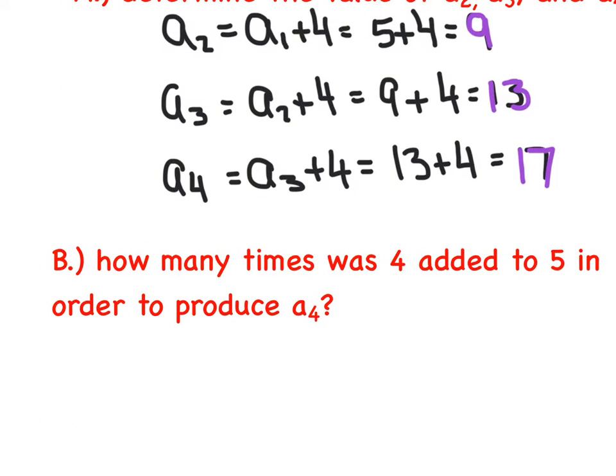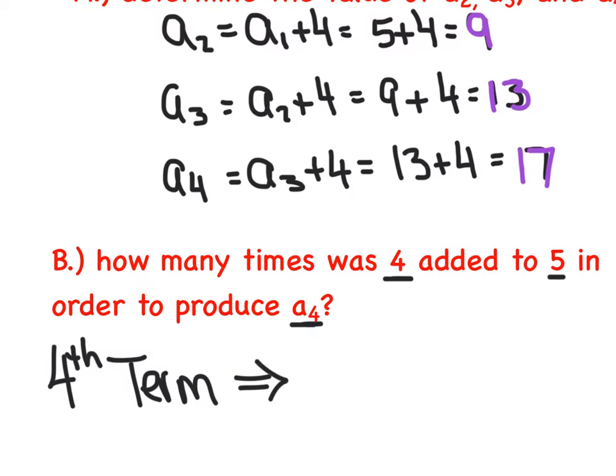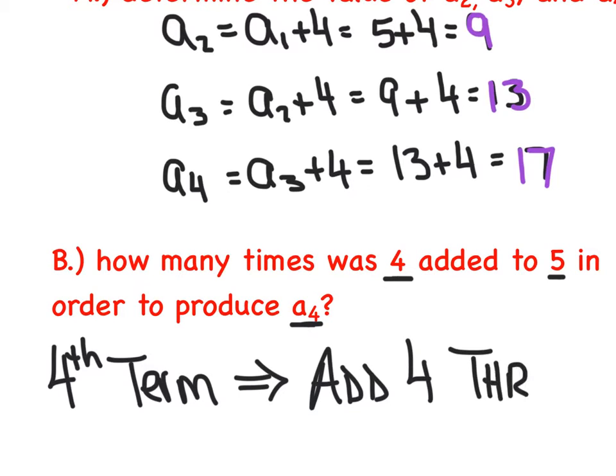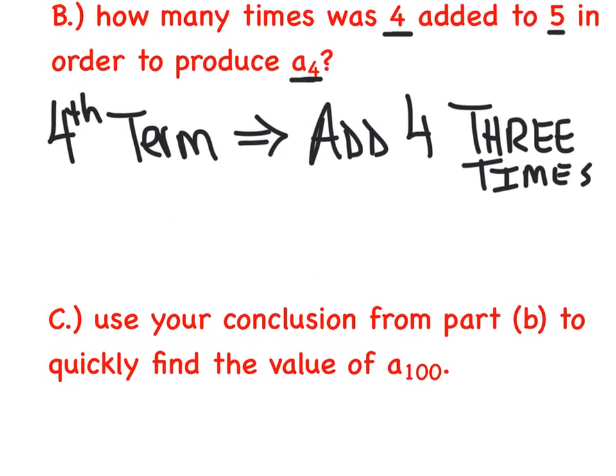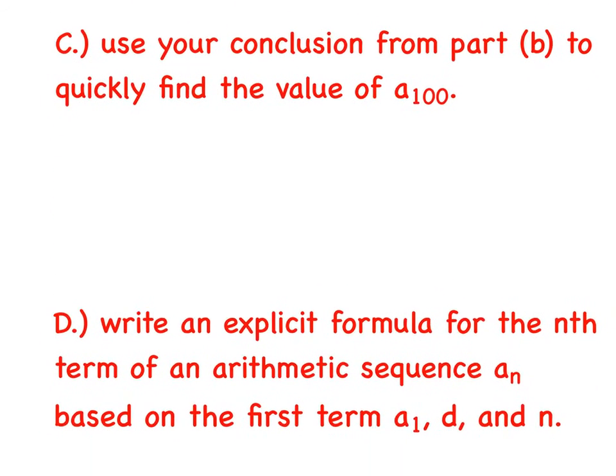Let's see. How many times did you have to add 4 to the 5 in order to get the fourth term? So in order to get the fourth term, we had to add the 4 3 times to the initial term. We would have had to add it 4 times to get the 5th term. We would have had to add 5 times to get the 6th term, and so on and so on. And hopefully we're jumping on this pattern here. So the question is,